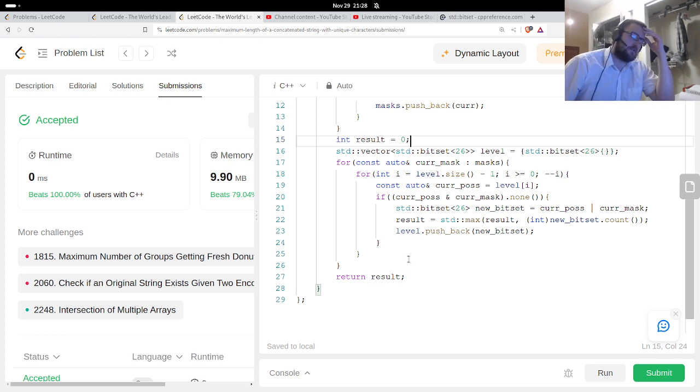Someone in the comments said that it was brilliant that he was going backwards through the level. It's not that crazy to do that. Some problems you can do it that way, some problems not really. It depends what the problem is. It's like a DP solution type of thing, a DP technique. There's different variations on that.